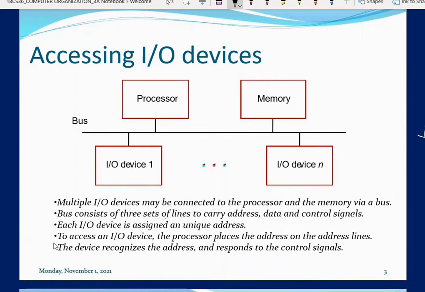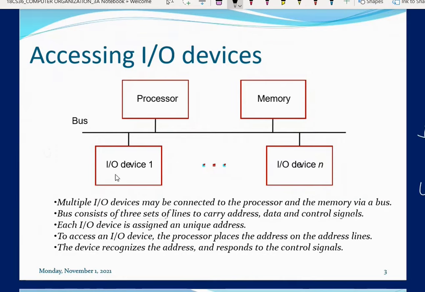Okay, so each IO device is assigned a unique address. Whenever the processor wants to receive or send data to a particular device, how is it going to identify it? It requires a unique address. Whatever device is connected to the bus is assigned a unique address.